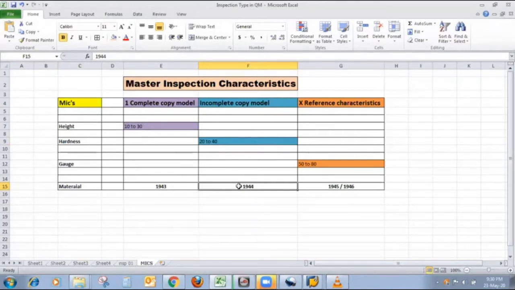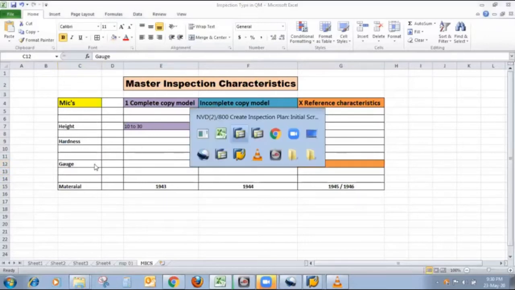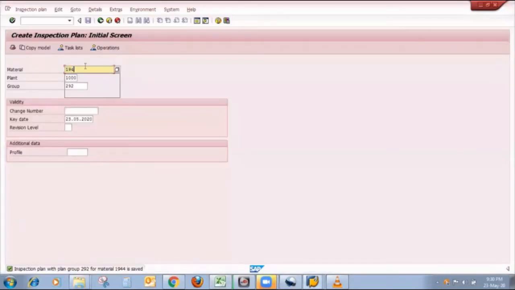Now friends, my third step is to create an inspection plan for these two materials, 1945 and 1946, with gauge as a MIC, because we maintain reference characteristics for that particular gauge. So my next step is I put here material 1945, my plant is 1000.